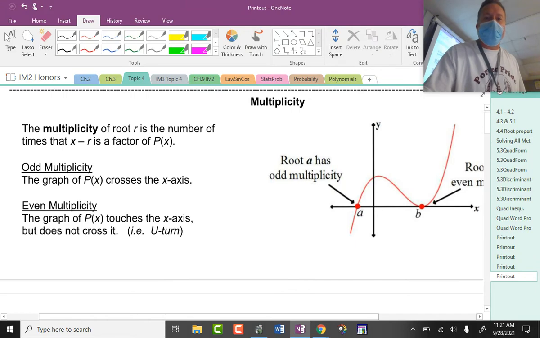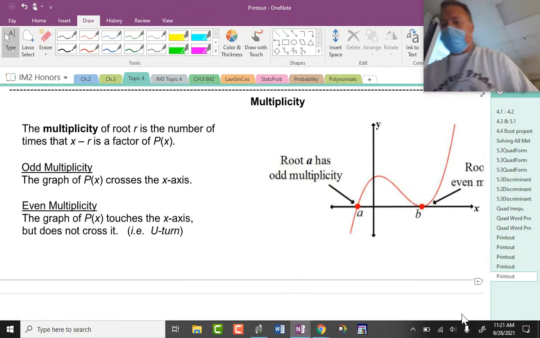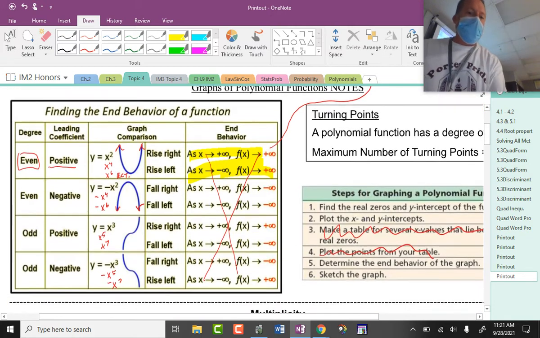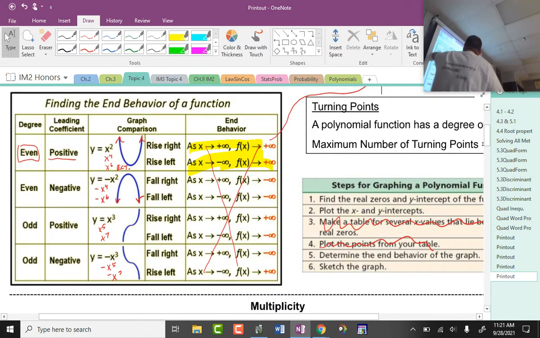What kind of degree is it, everybody? Odd or even? This stupid computer. I can't scroll up here. There we go. Is it even or odd degree? Which one is it? Odd. Is it positive or negative leading coefficient? Positive. So how does it end? A, right? That's what we got to get from what we had last year, and we got to get it